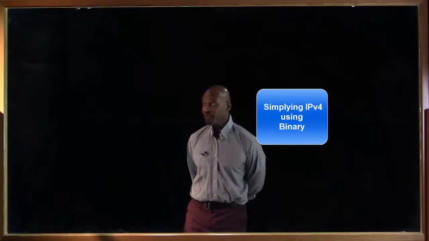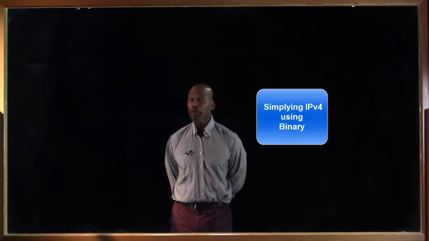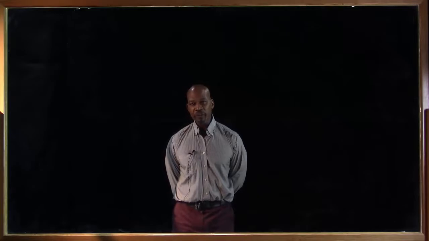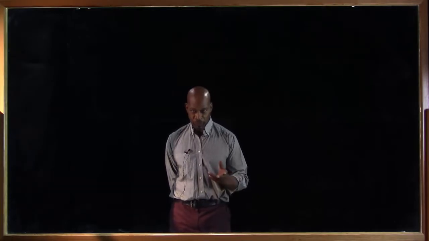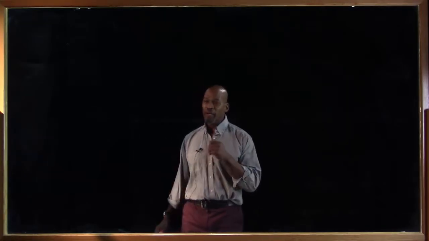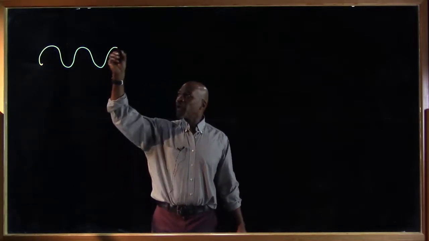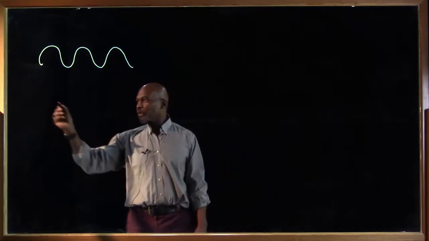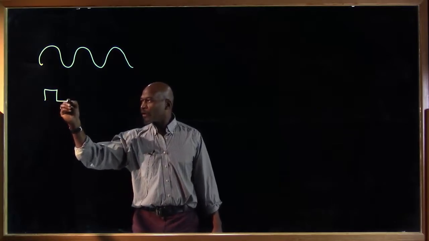Welcome. This video is about simplifying IP version 4 using binary. But before we get started, it is important to understand that we have two choices when it comes to networks or computers and how things work. You have an analog choice, which could be represented by a wave, or we have a binary choice, which is represented by a series of on and offs,